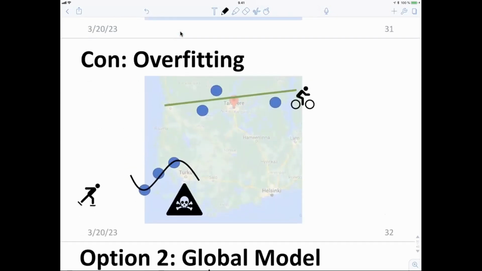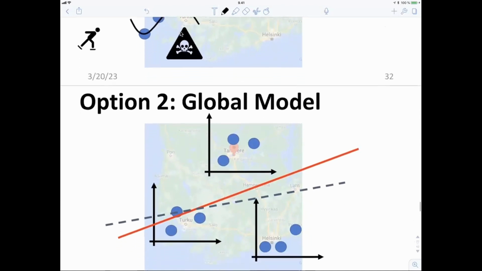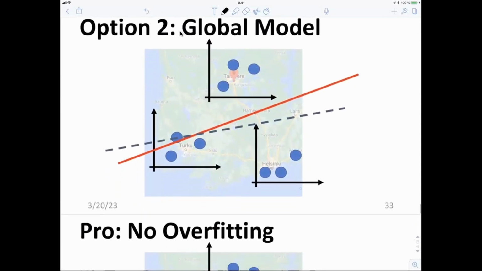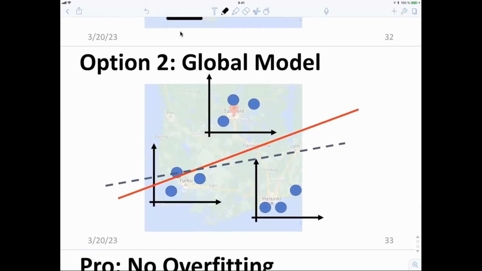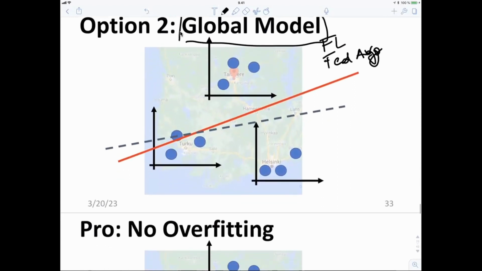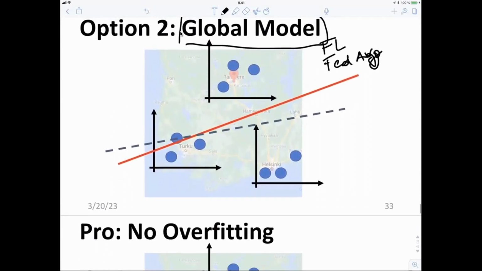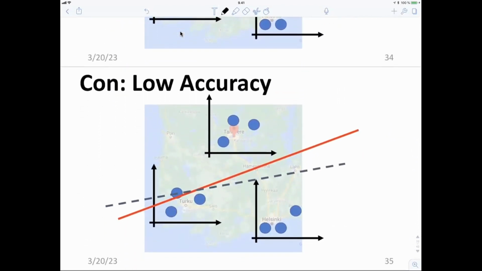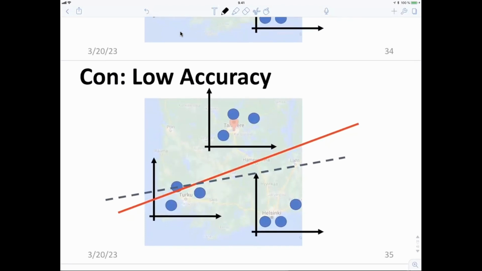However, if they are not large enough, then with powerful models like this ice skating prediction model, we overfit. So that's the drawback. The other option would be to pool together all data sets and train one single global model. This is done also in some federated learning algorithms like federated averaging. It trains a single global model based on all data sets, and this works well. So we have no overfitting because we typically have a large amount of data, but it might have low accuracy if the distribution of this